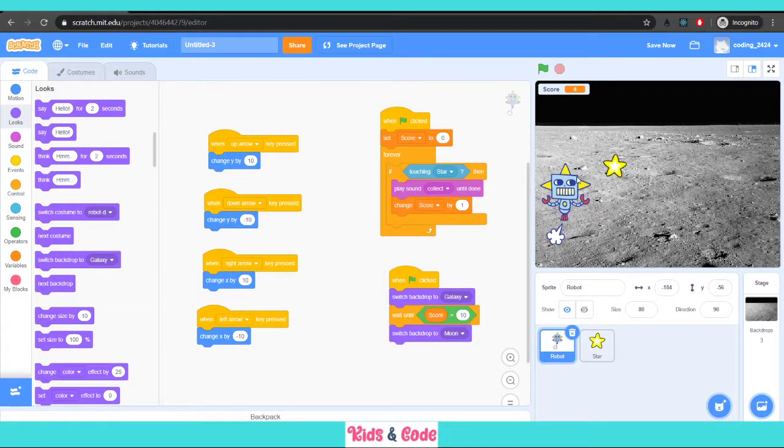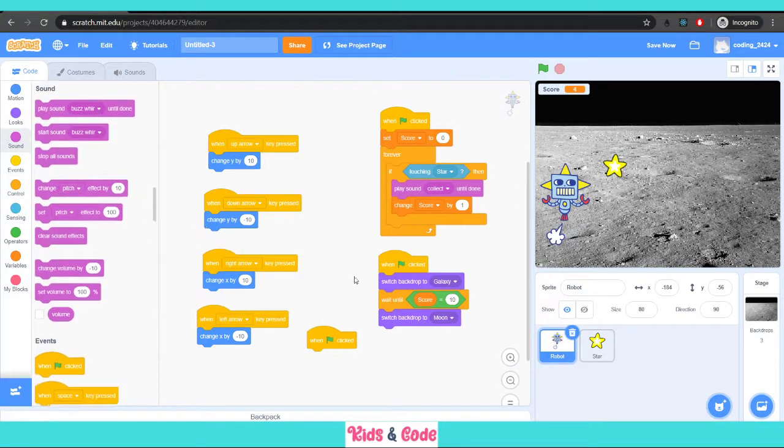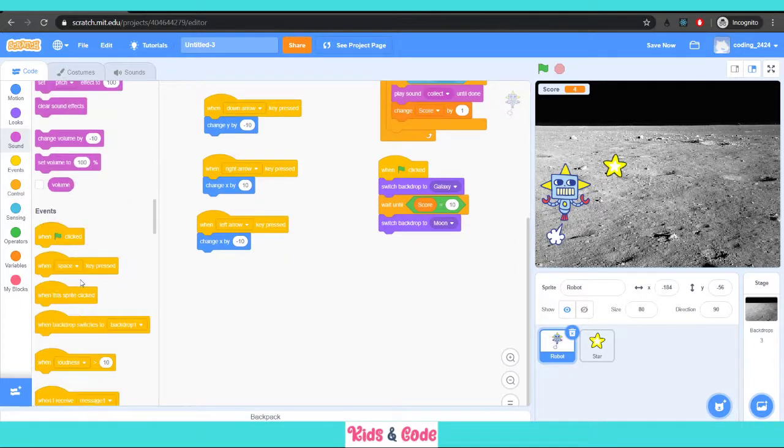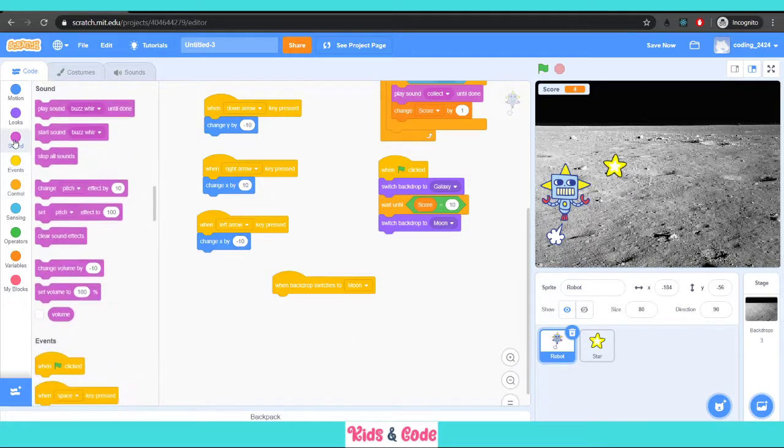Okay, and also I can play a sound when this happens. So I go into events. I can say when green flag is clicked, this should play a sound. So sound should be played whenever I level up or my backdrop changes. Since the backdrop is changing, I can select the when backdrop switches option here directly. So I say that when backdrop switches to moon, I can have it make a sound.